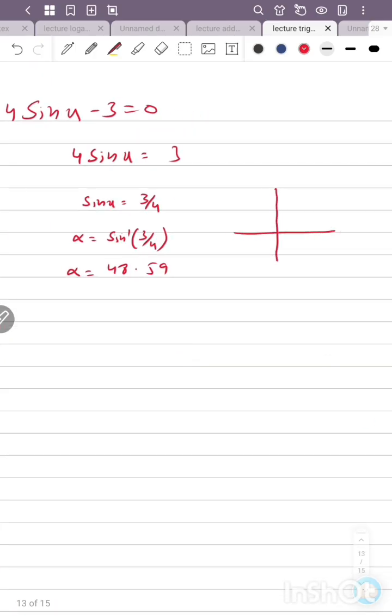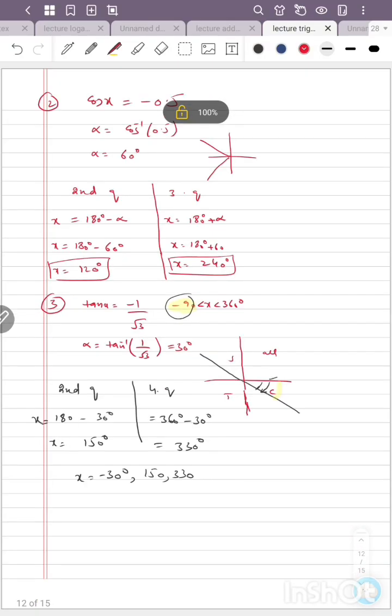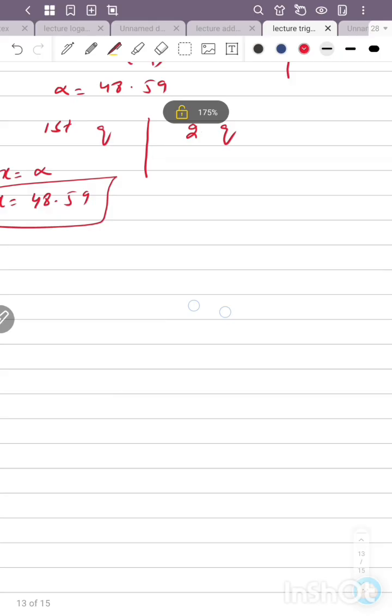साइन हमें पता है कि कौन से क्वाड्रेंट में लाई करता है। Sine is positive at first quadrant, and sine is positive in the second quadrant. Okay, first quadrant and second quadrant. In the first quadrant, we know that it is the same value of alpha, so x = 48.59, and for the second quadrant it will be